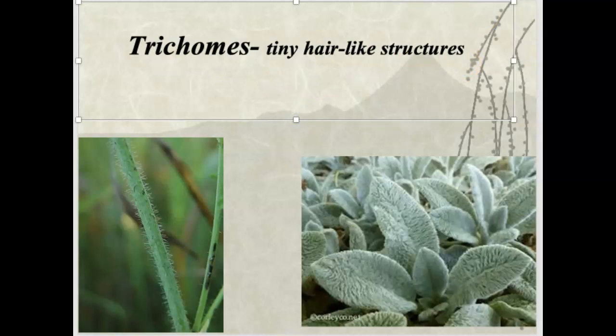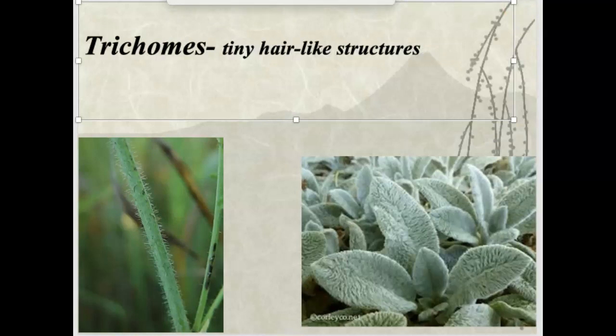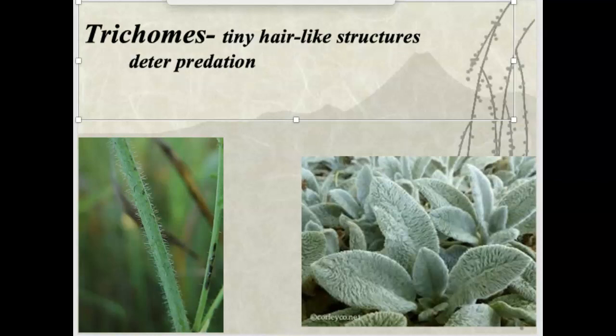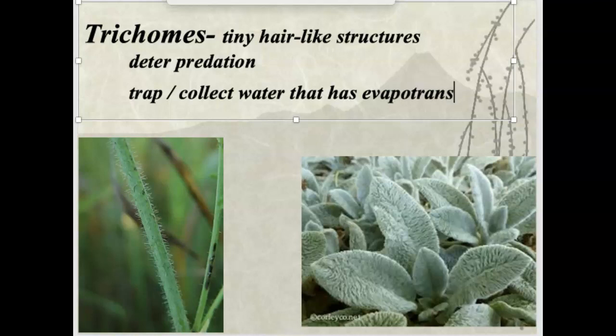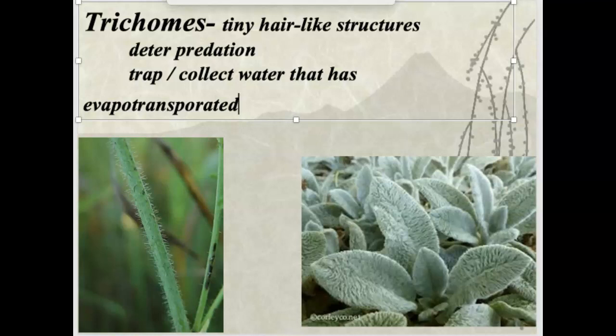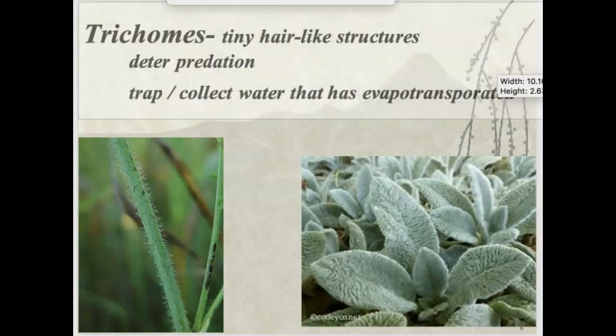In some cases, those trichomes are sharp, and they're there to help deter predation. Who's going to eat that stem there if it's got a bunch of stickers, little pointy things on it that hurt? Other times, trichomes are going to help collect and trap water that has evapotranspirated